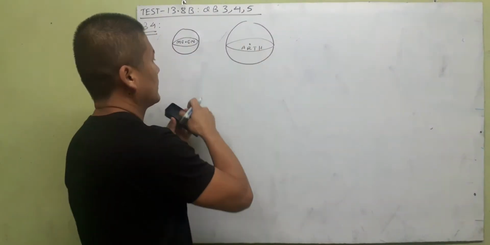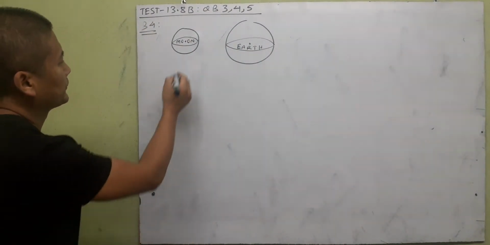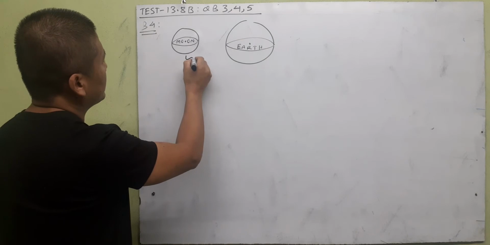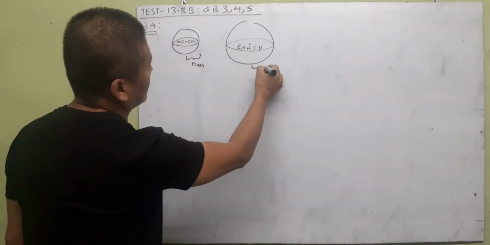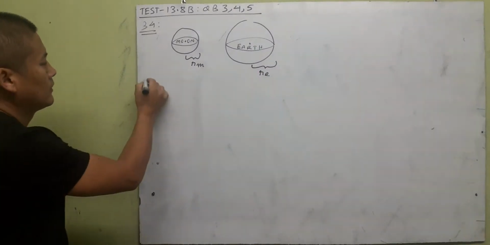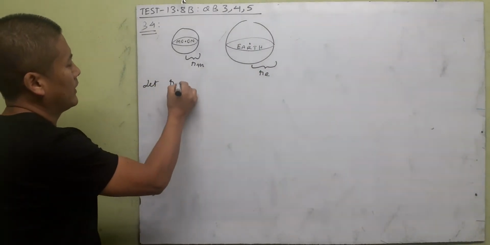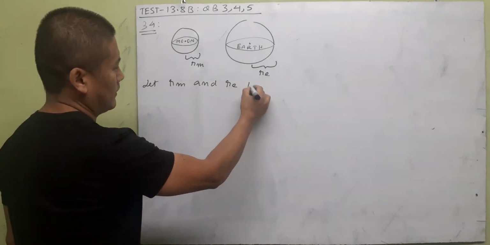The bigger sphere represents the earth and the smaller one represents the moon. So here let us say the radius of this one is Rm, and the radius of the earth is Re. Okay, so let Rm and Re be the